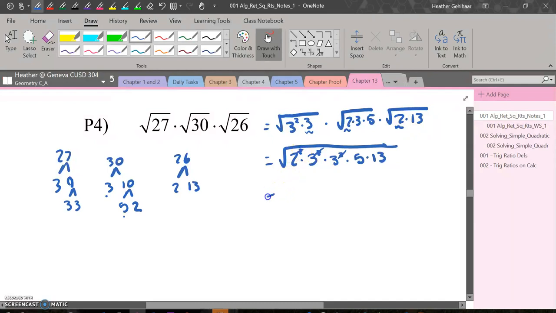Okay, so then we have here out front 2 times 3 times 2 times the square root, oh that's a 3, of 5 times 13. So then in the end we will have 18 times the square